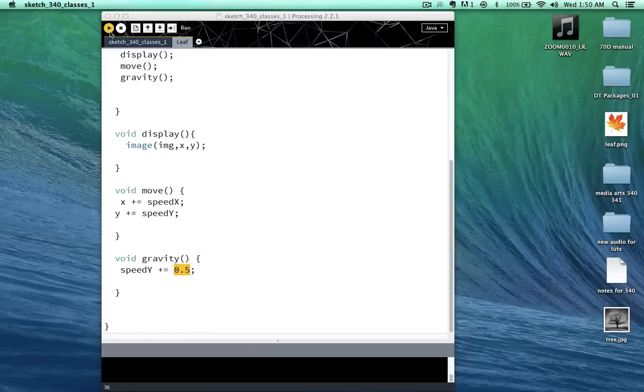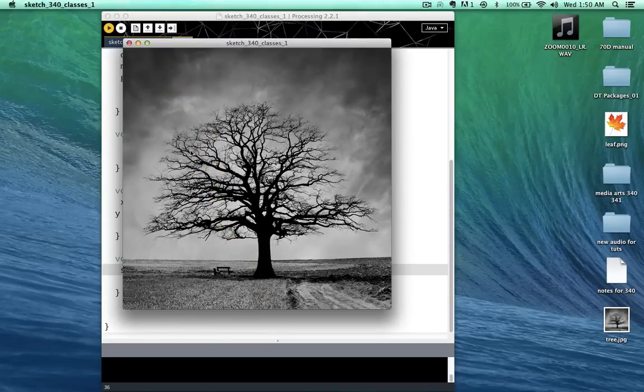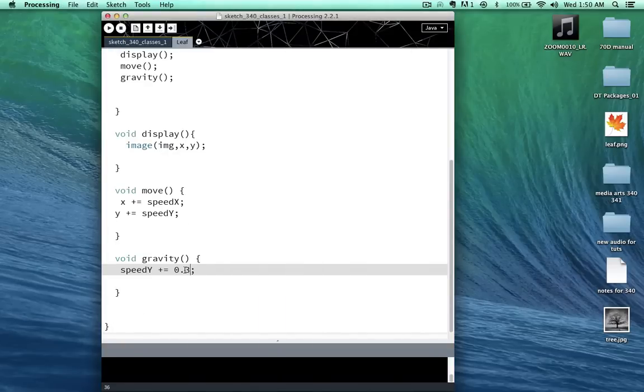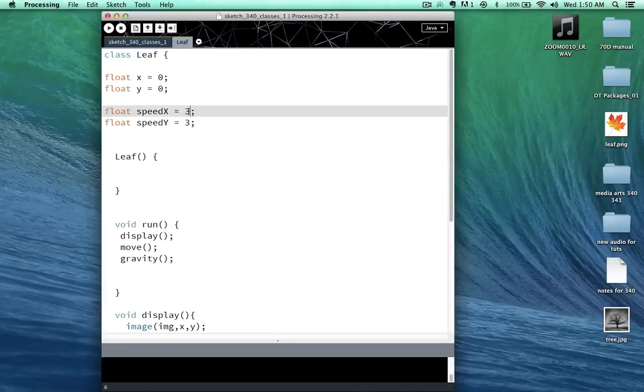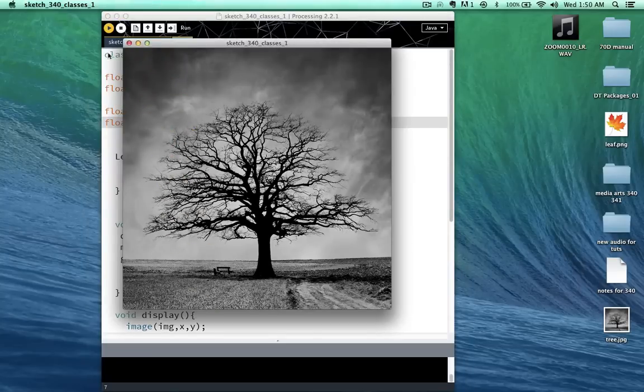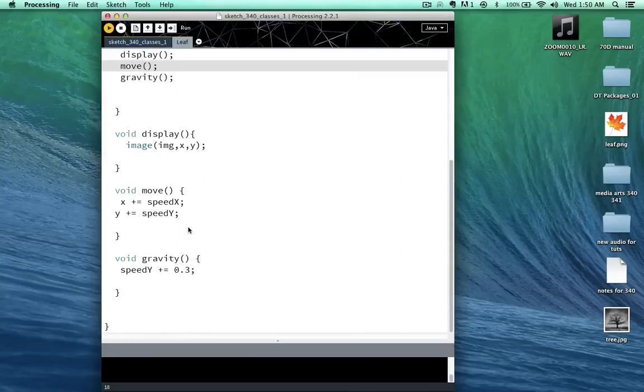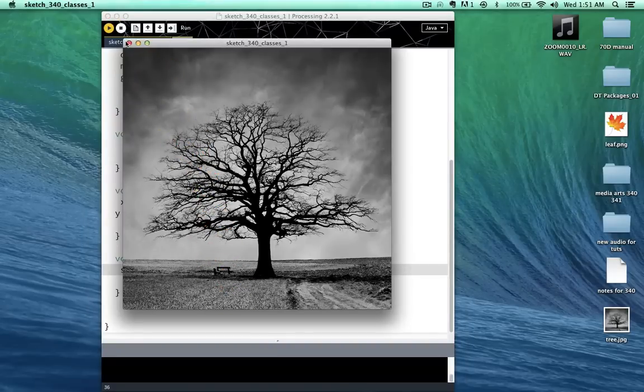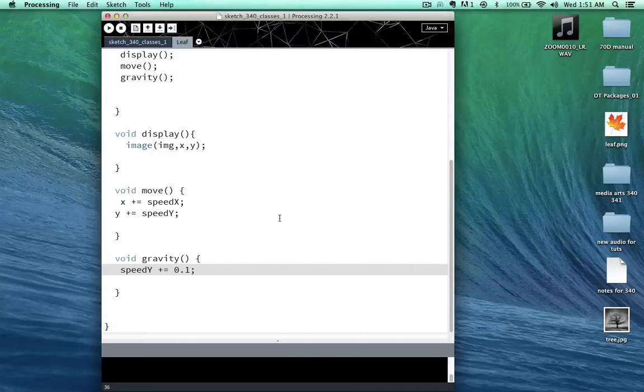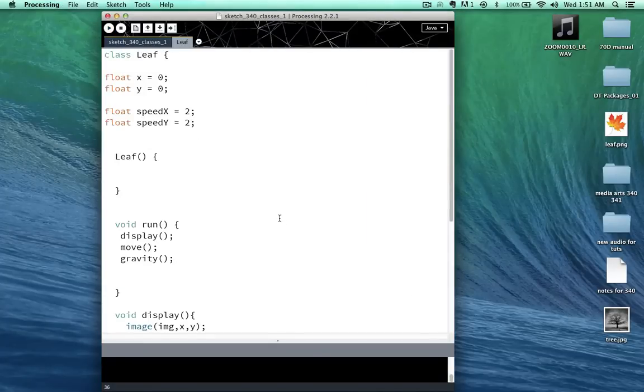Let's run the sketch here. See that? It moved really fast. Let's slow this down to 1. See how it's trying to go to the corner and it can't, because it keeps adding more and more to y every time, so it goes down like that. Try that again. We'll make this 0.3, and slow the whole thing down a little bit. Run it. See how it starts to kick this way and then gets pulled down? Let's make this 0.1. There you go, so we have one object falling. I think that's enough for this video, and what I'm going to do is expand on this